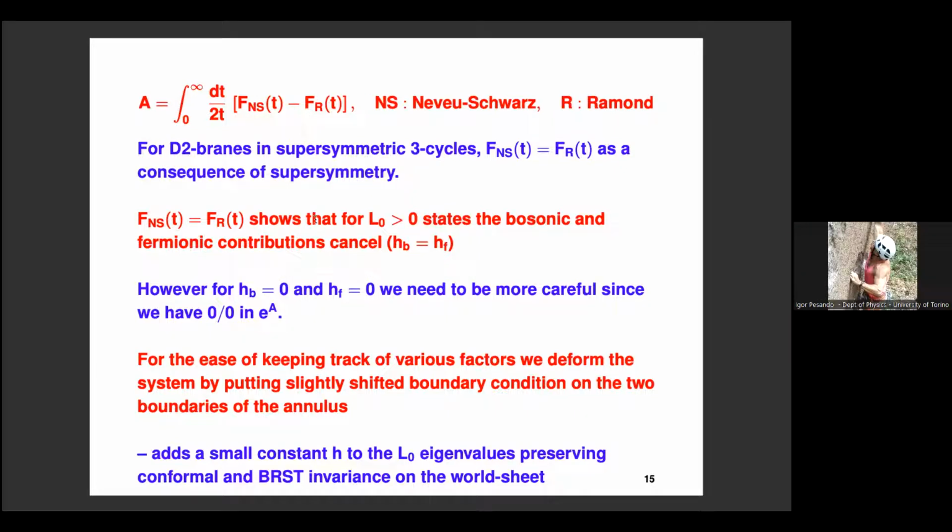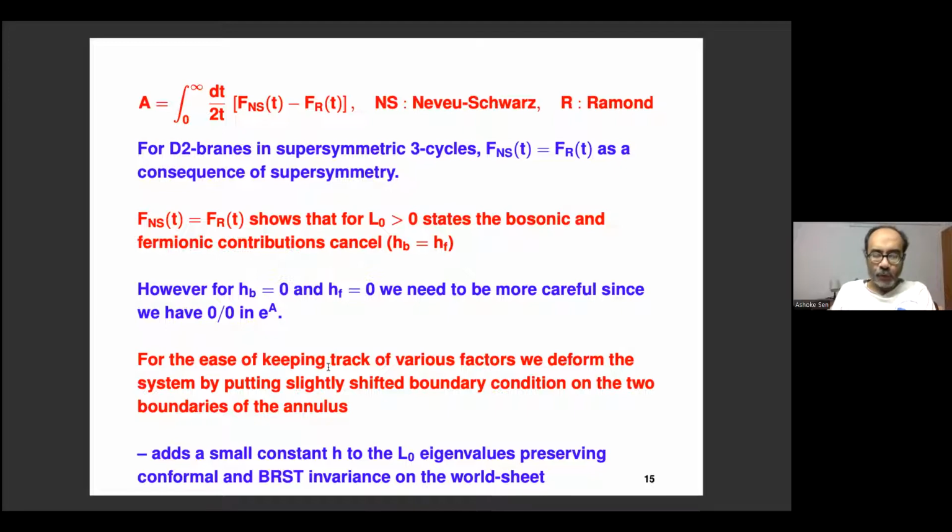Just a question, because what you are saying is true if you can commute the sum over states with the integral, because if you first perform the sum over states, the two f's cancel. You can get some problems if you flip the integral with the sum over states. Otherwise, I cannot see whether you get. Yeah. Okay. So we'll see. Let me just finish this transparency, and then it will become clear how we can flip.